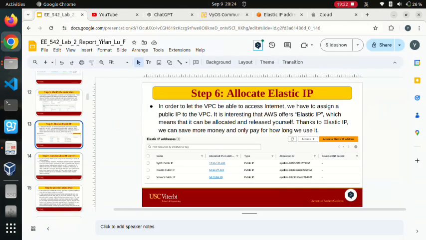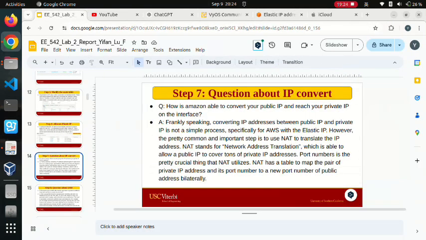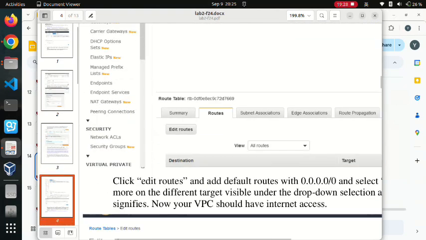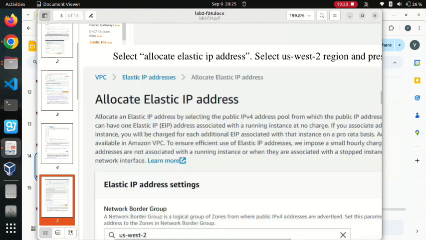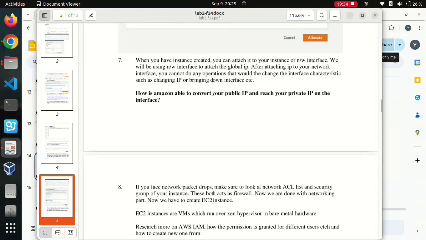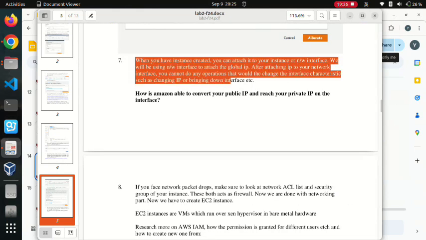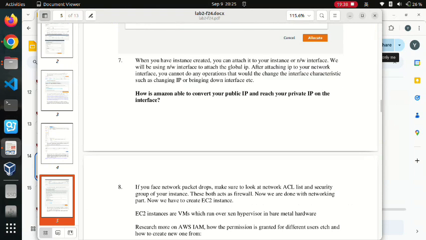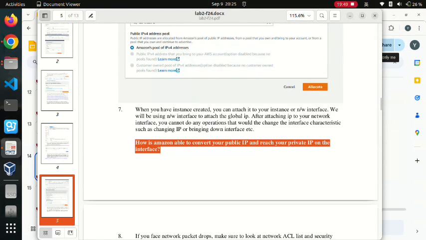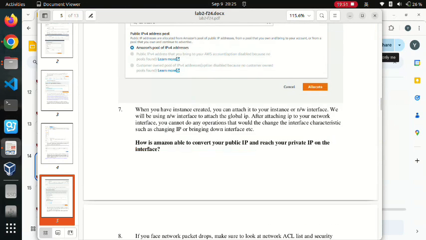Okay. And in this seventh step, we will solve a question here. The question is about how is Amazon able to convert your public IP and reach your private IP on the interface? I think this question is about,